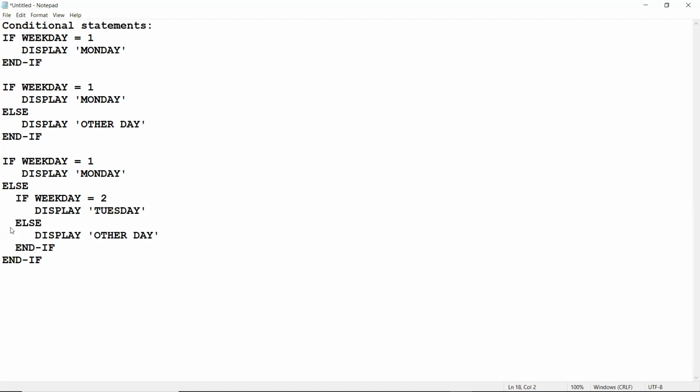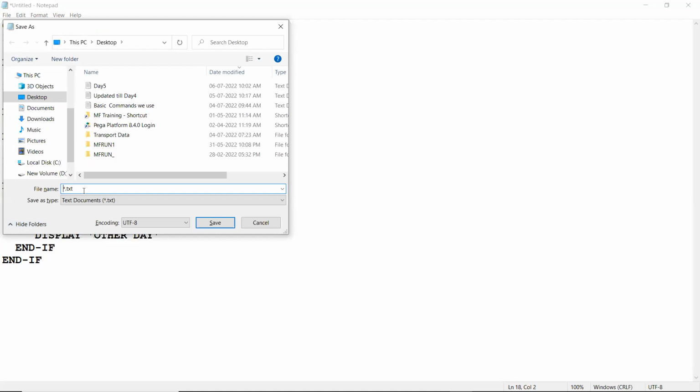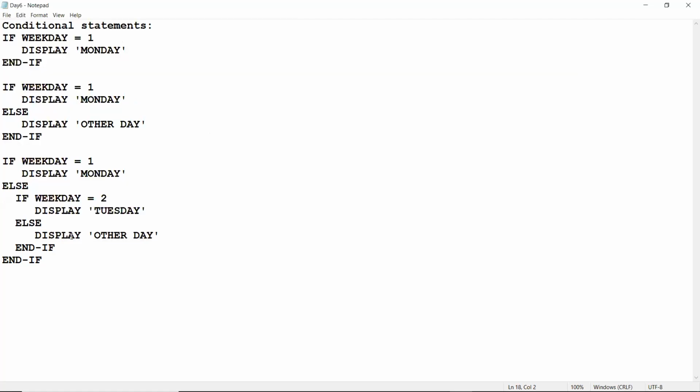This is the way. Let me save this. I don't know whether it is 6th or 5th day. So we have two if conditions, two else if and if condition. And alternate to this, we can use evaluate. Evaluate a variable weekday. Here we use when one display